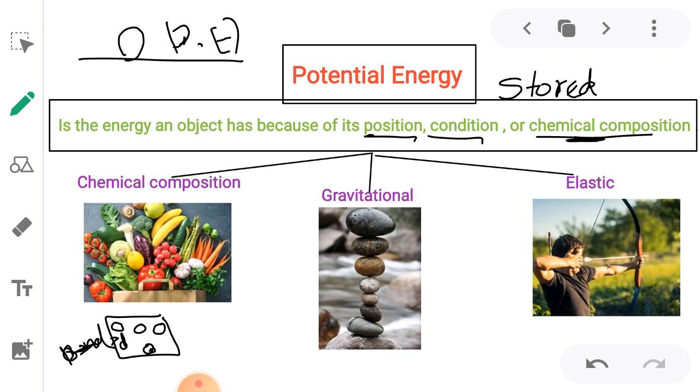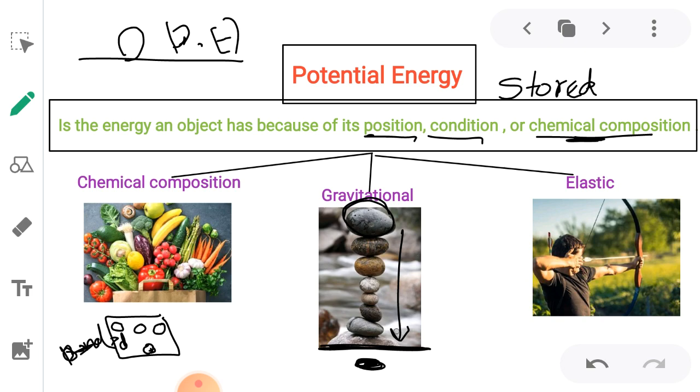The second kind is gravitational energy. Gravitational energy is when the object is high from the ground. This is the ground, and the object is high from the ground. It contains something called gravitational potential energy. What does gravitational potential energy mean? It's the energy that comes from the center of the earth that pulls you down to the center of the earth due to gravity. So gravity pulls the object that is at a high